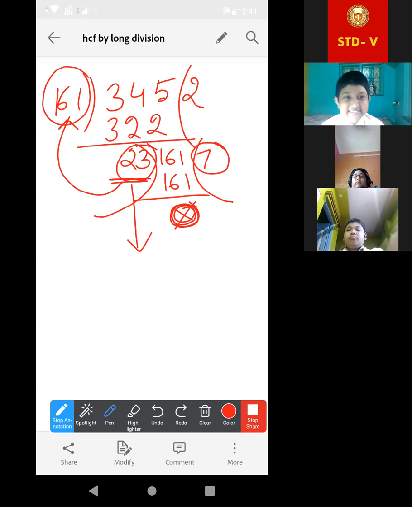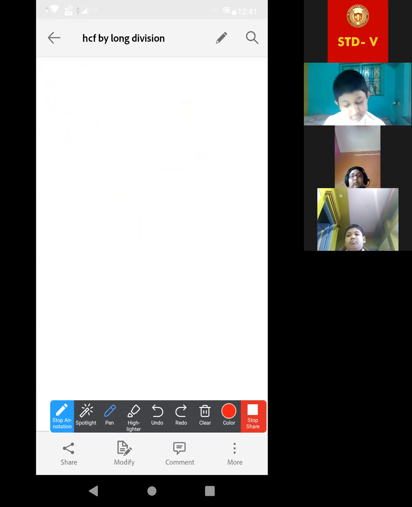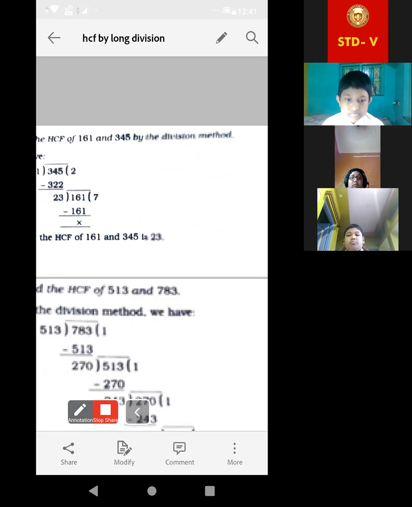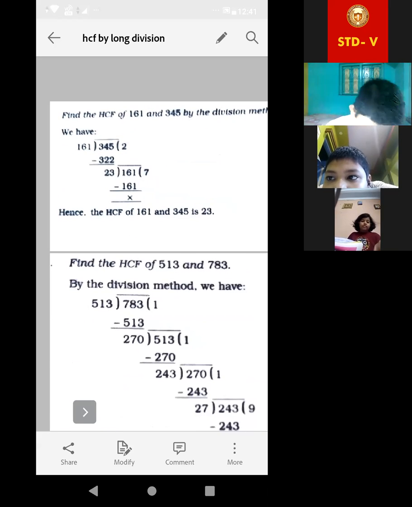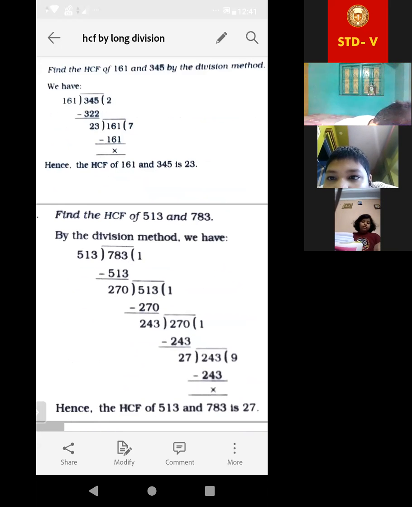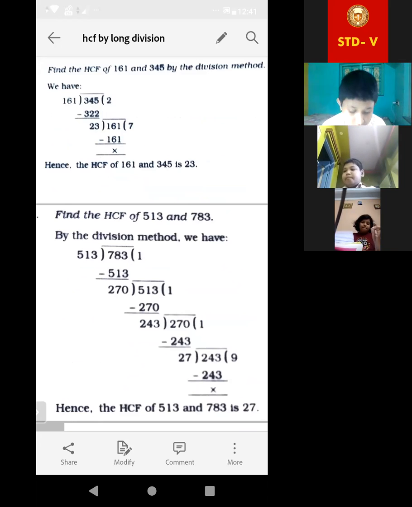Okay, let me give you one broad question. Let me show you the full screen. You have to do this. This one is not from your textbook. These questions are from the R.S. Agarwal book. So just complete this, and at the time of the exam, also practice this type of extra question which I do in class.